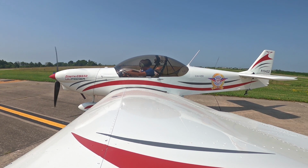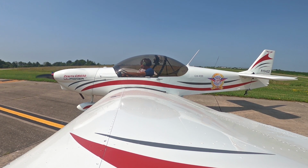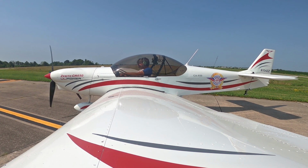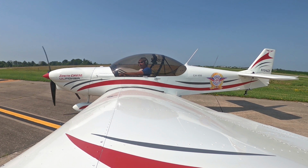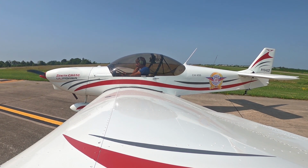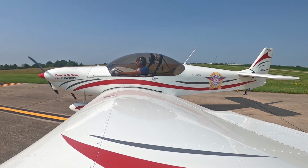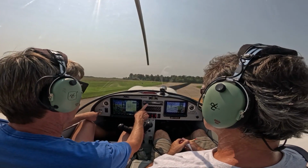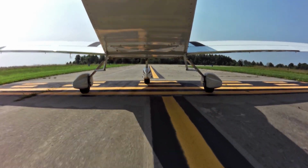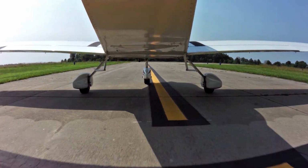Mexico Memorial Airport. Automated weather observation. 1534 Zulu. Weather. Wind 220 at niner. Visibility 10. Clear below 12,000. Temperature 29 Celsius. Dew point 25. Altimeter 29.1. Remarks. Density altitude